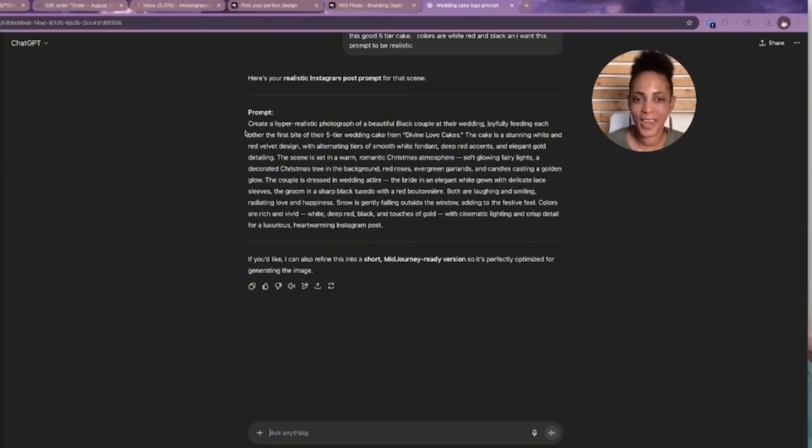Final prompt says, create a hyper-realistic photograph of a beautiful black couple at their wedding, joyfully feeding each other the first bite of their 5-tier wedding cake from Divine Love Cakes. The cake is a stunning white and red velvet design with alternating tiers of smooth white fondant, deep red accents, and elegant gold detailing. The scene is set in a warm, romantic Christmas atmosphere, soft, glowing fairy lights, a decorated Christmas tree in the background, red roses, evergreen garlands, and candles